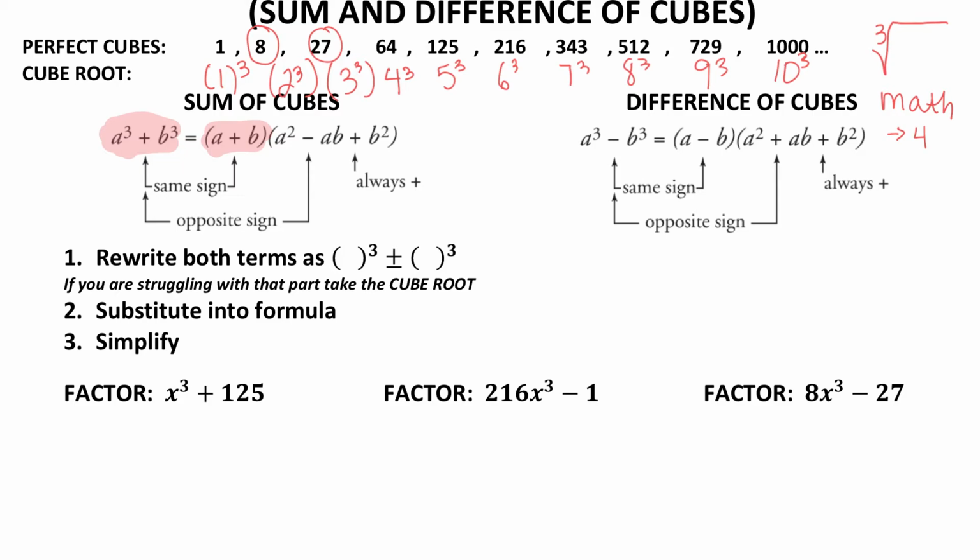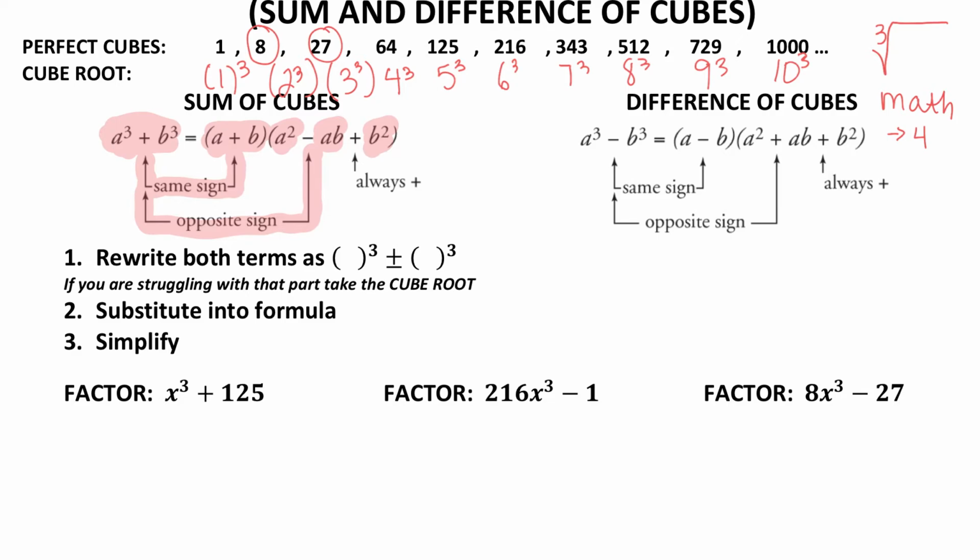Then you're going to take your A and you're going to square it, and then do minus A times B, and then plus your B squared. And I want you to pay attention to how these signs are figured out. Whatever you start with, if you start with a plus, then in this first parenthesis, you're going to have a plus. If you start with a plus, in the second parenthesis, that second